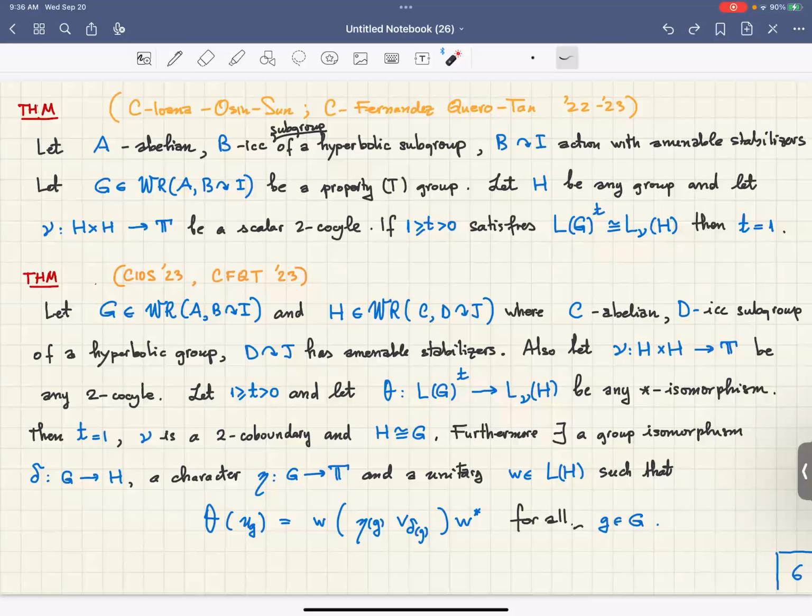So these are results involving factors still, right? One thing that we found interesting, and that will be useful later on, is that if you take any wreath-like product group where the base group is abelian, the acting group is an ICC subgroup of some hyperbolic group, and the action has amenable stabilizers. So every stabilizer here is an amenable subgroup of B. In particular, if B acts on I by left translation, all the stabilizers are finite. So that's one such example. So if you take any property T group in this class, and we have seen there are many of them in this class, okay,